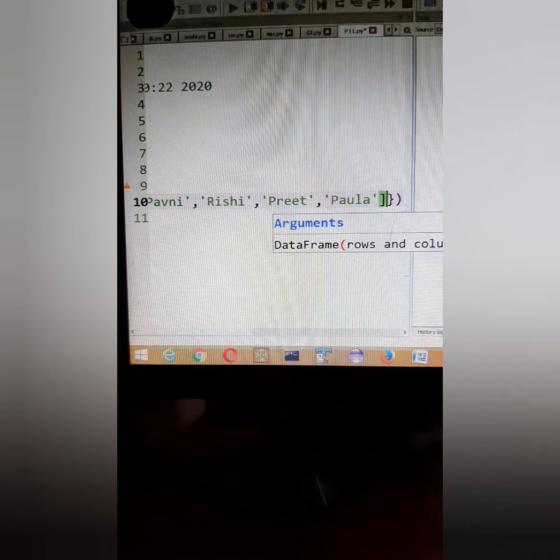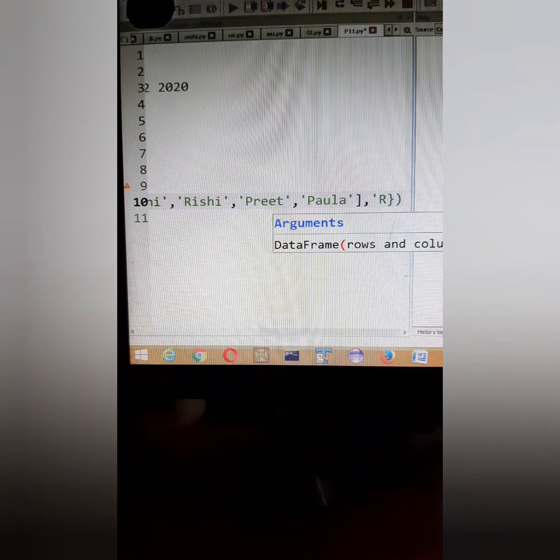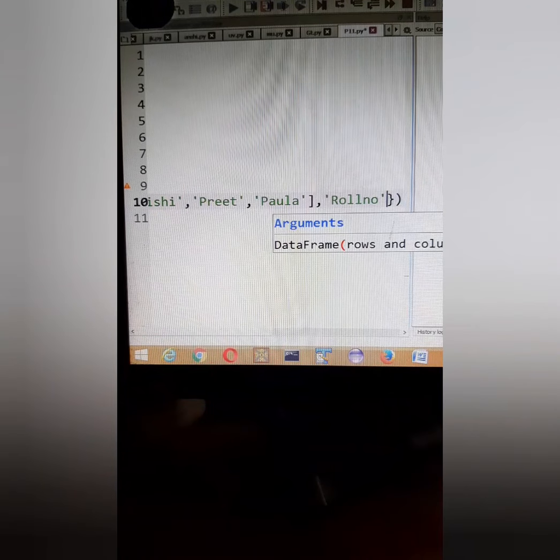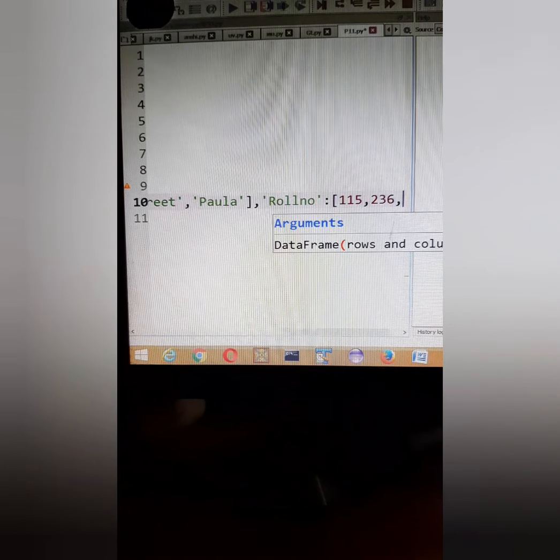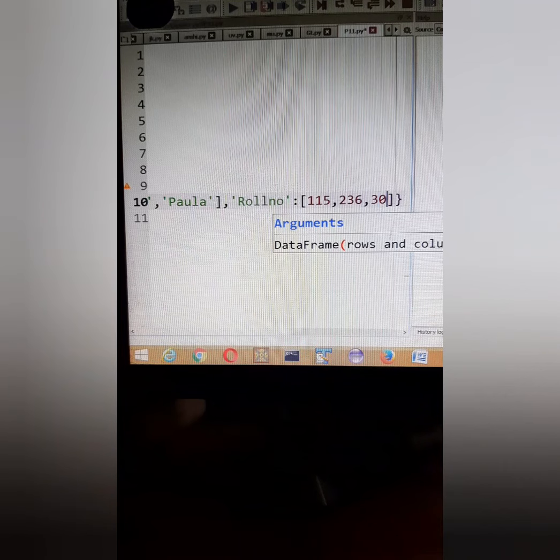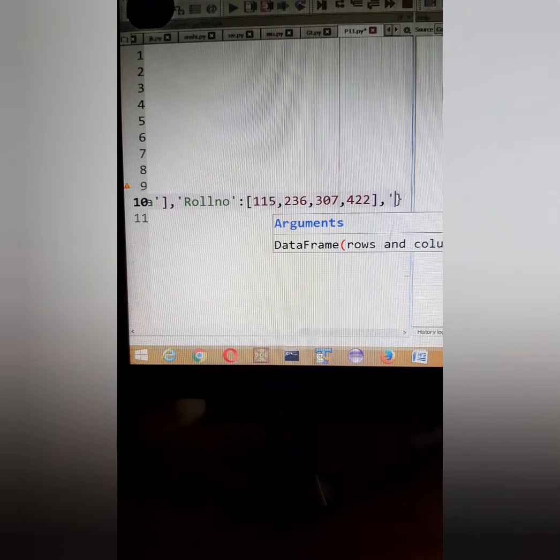Now after this key value, another key value that is there is roll number, and in the list we are going to give the roll numbers as 115, 236, 307, 422. Then the next key value that is there is marks.